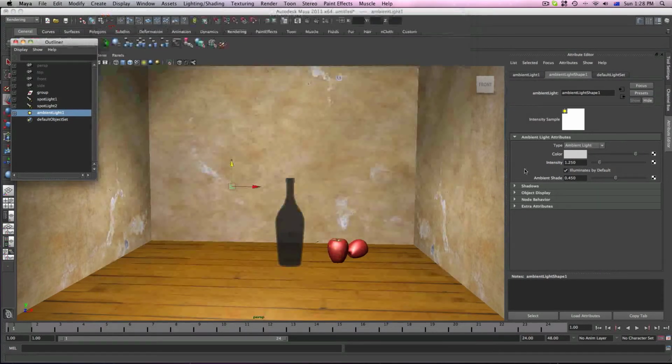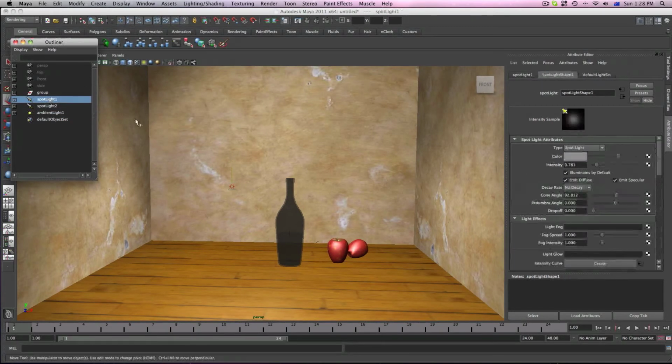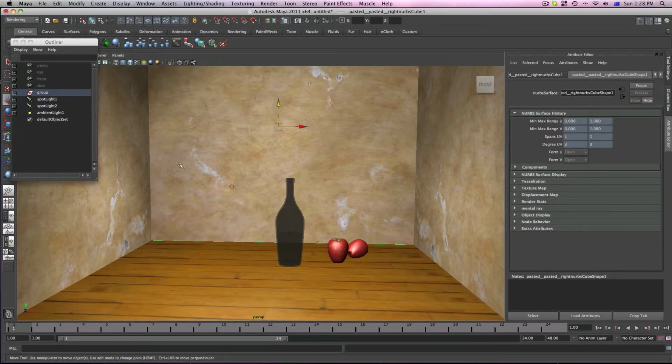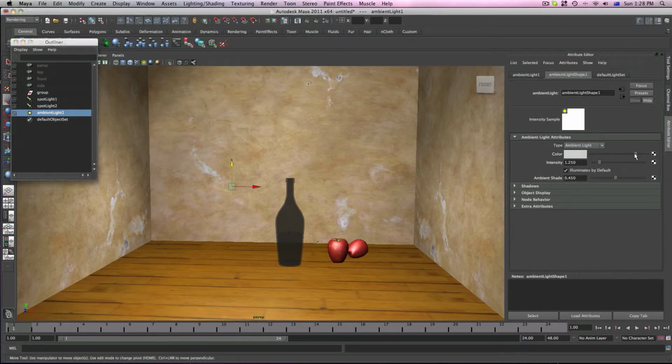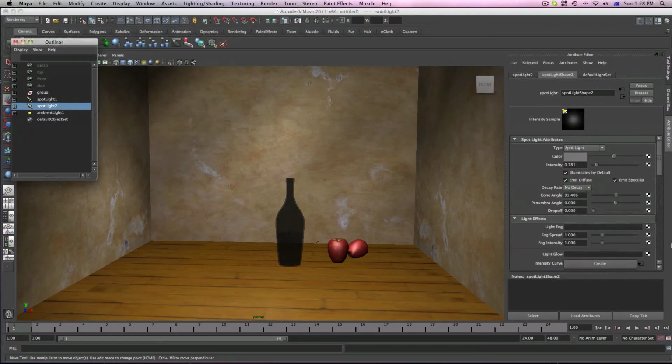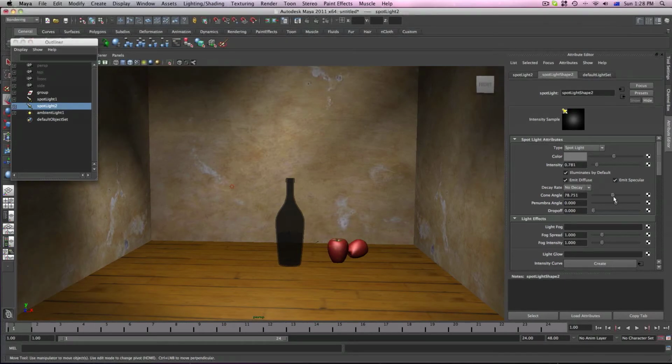Yep, that's pretty much what I'm looking for. Now I'm just gonna drop the color to about that much. Go ahead and just adjust the cone. Almost there, almost there. Now select the ambient light and just drop it down. The intensity was way too high. I don't know how it ended up being that much. And the cone angle of that one, just take it to